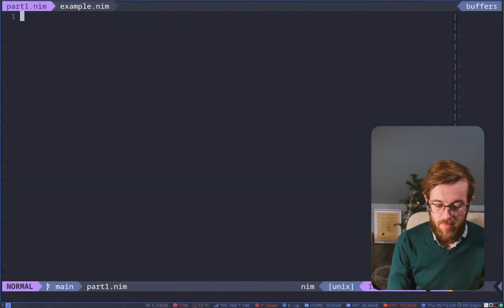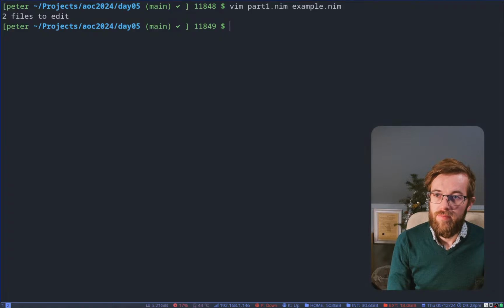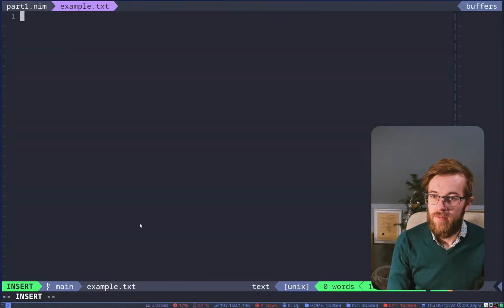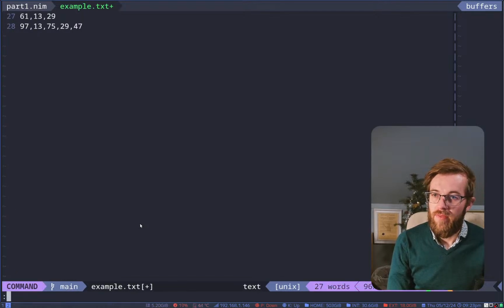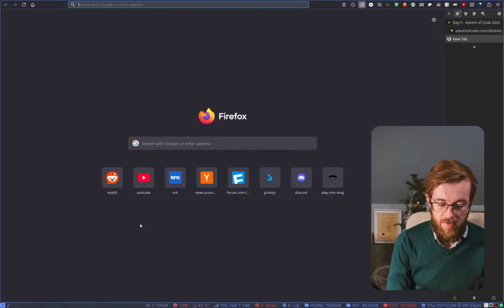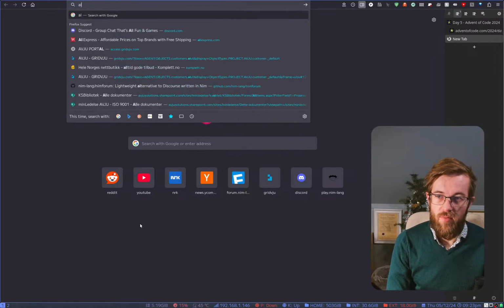Not example.nym. Example.txt. Plop that in there. So that's our example. And I want to do something interesting. So in Nim we have the